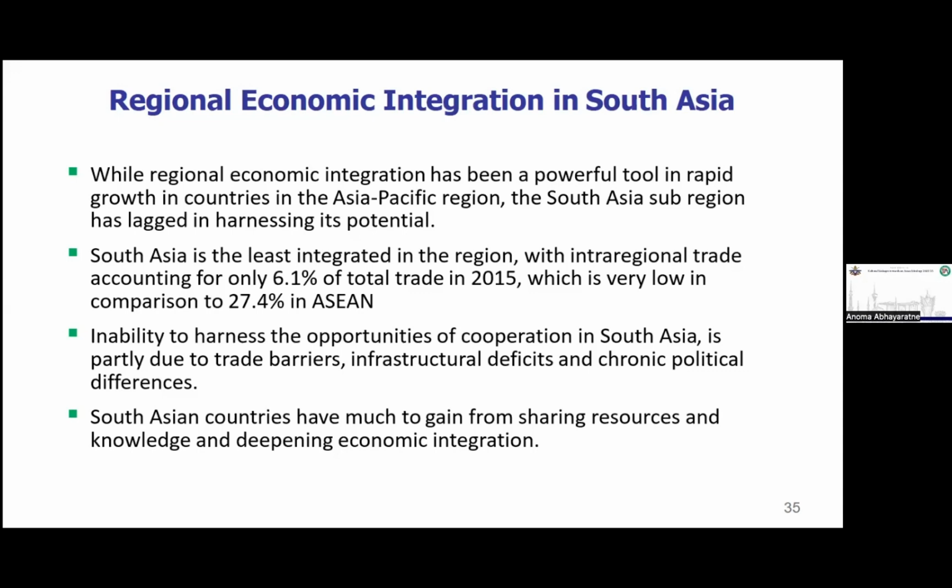South Asia can be considered as the lowest integrated region. And when we compare with ASEAN countries, it's very, very low. That may be due to reasons like trade barriers. Most of the countries in South Asia have imposed trade barriers such as tariffs or quotas or other duties. That could be one reason, and the infrastructural deficits,